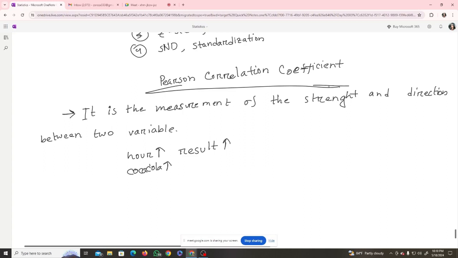So in that case, the demand of 7-Up will increase. All right, or it can work differently as well, right? So suppose if a vehicle increases its speed, you are more likely to reach the destination on time. That means the more speed your vehicle is having, you're more likely to reach your destination on time, or the